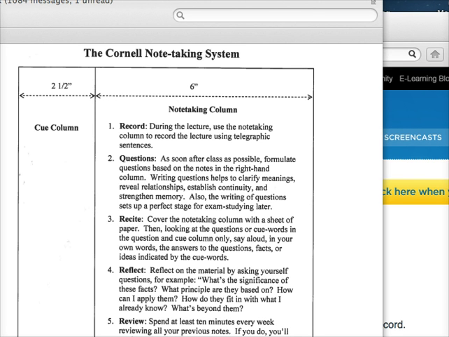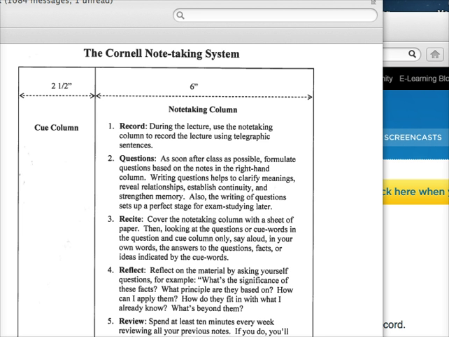What it asks you to do is to take a sheet of paper and divide it as the measurements indicate, where you have a column on one side, you have a row across the top, and then at the top where the number 6 is indicated, you would give it a title, and over to the left column where it says the Q column, you would leave that blank to record important information. On the other lined papers where the information is typed out, the 5 points,